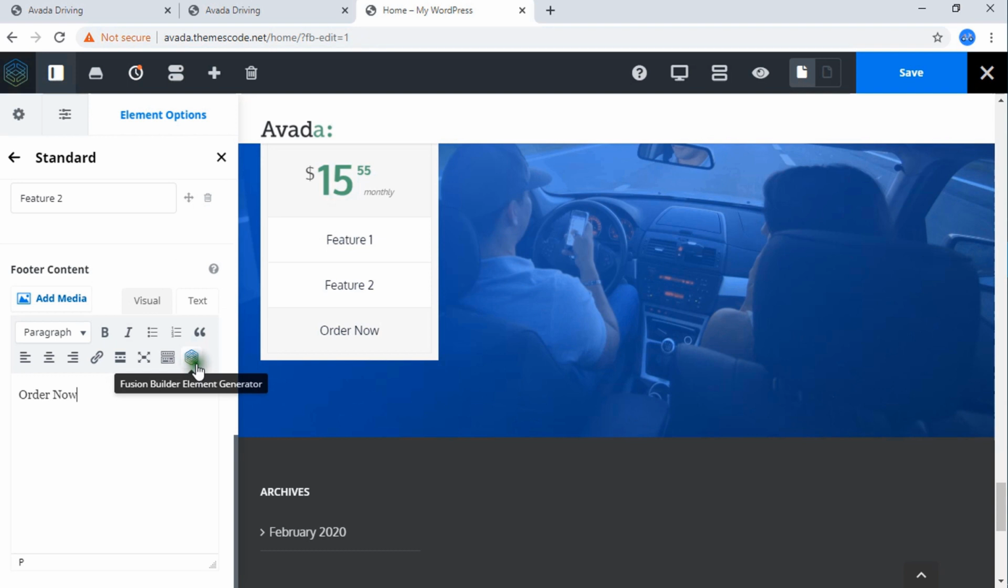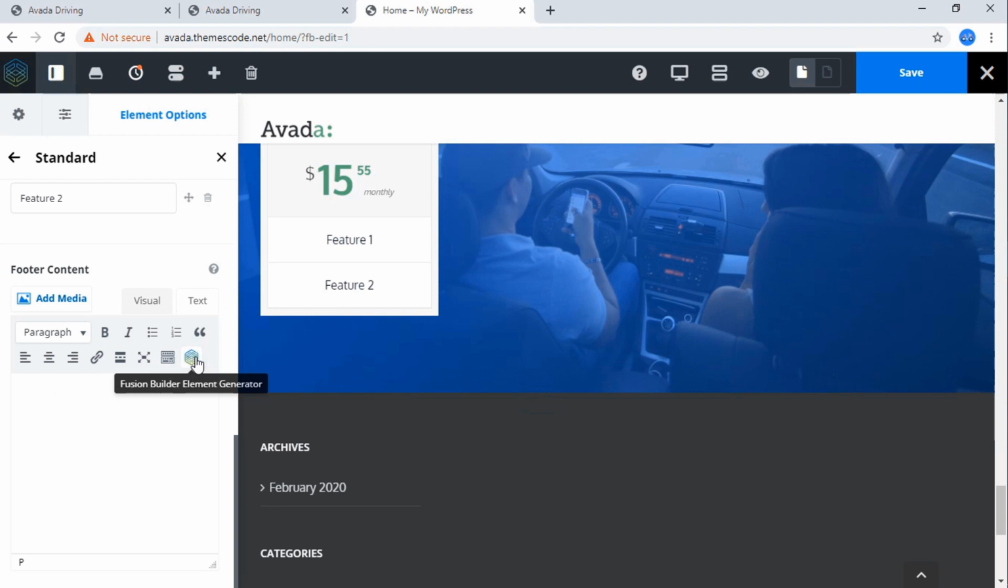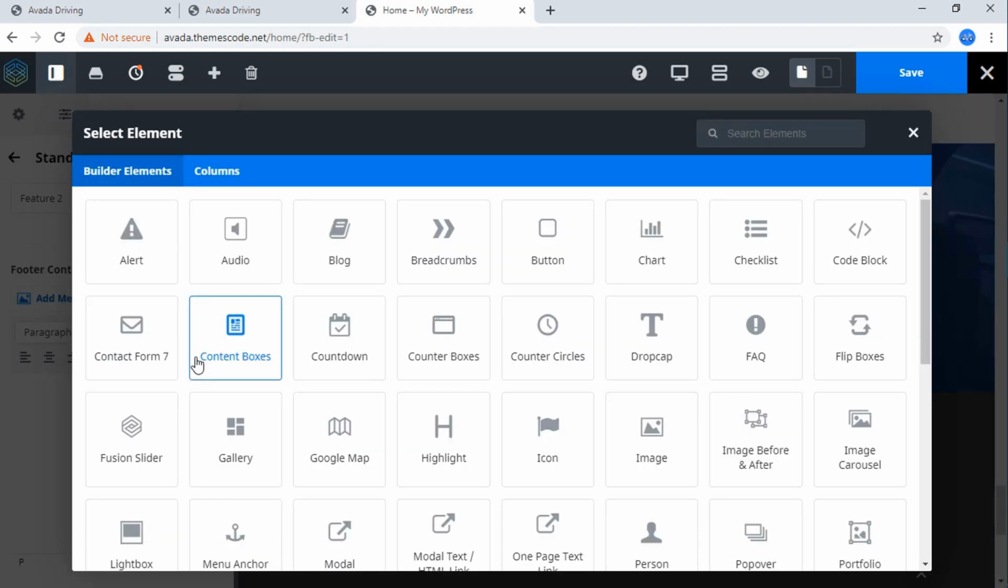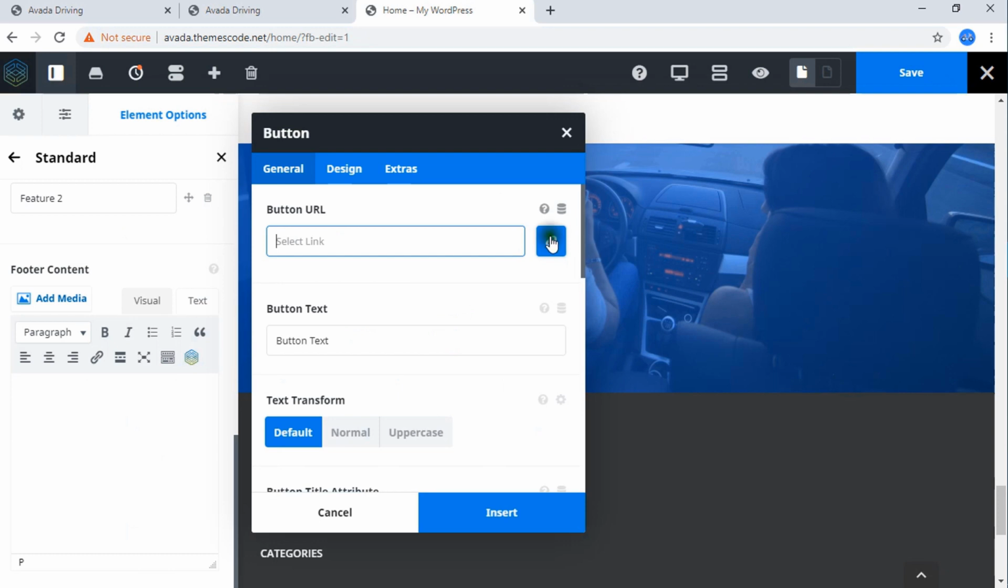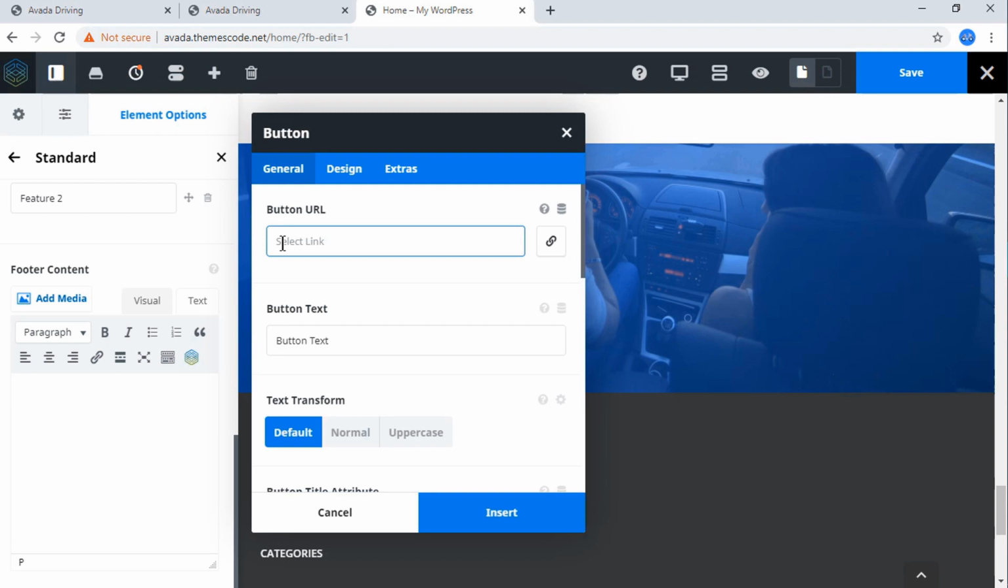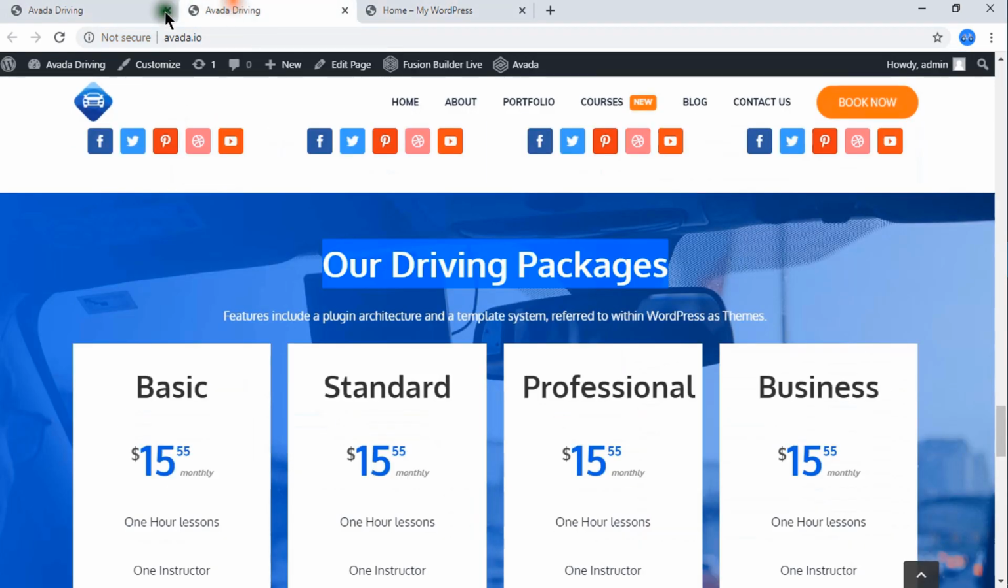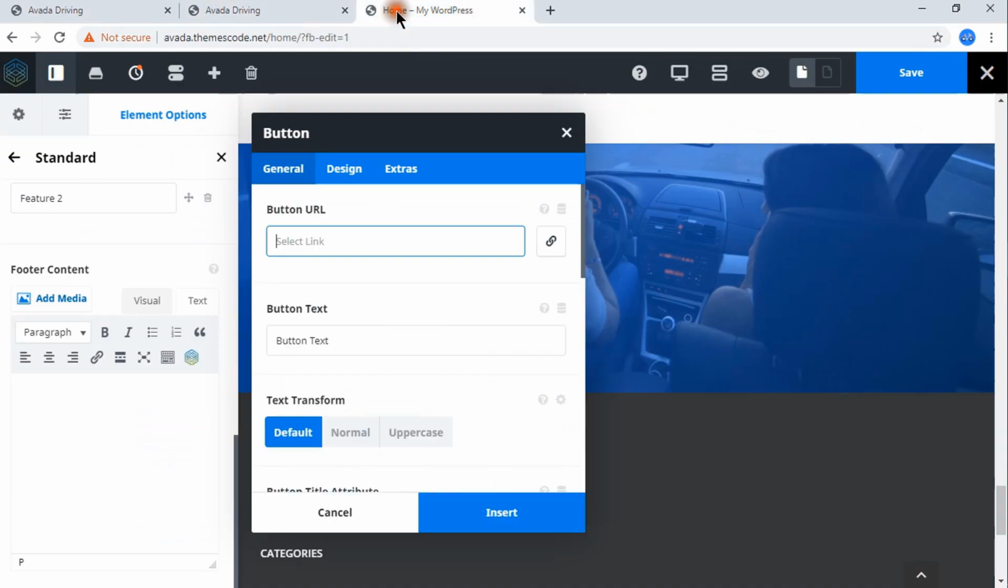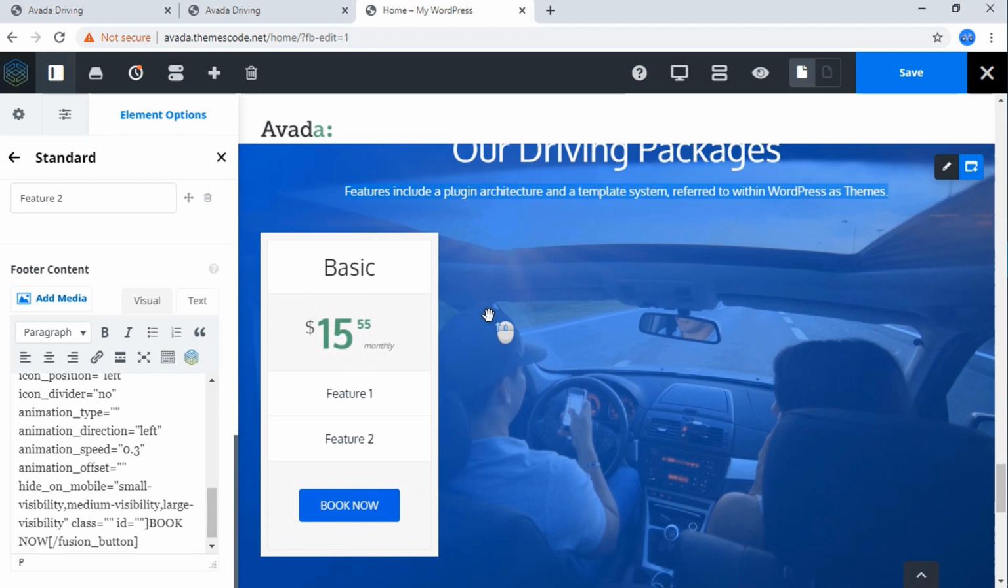But what I'm going to do, I'm going to add any element from Fusion element. Just click here and click on button, and button text will be book now. Sorry, button URL, any URL. Just say for example, I'm going to use this URL, and button text book now. Hit insert. Okay,